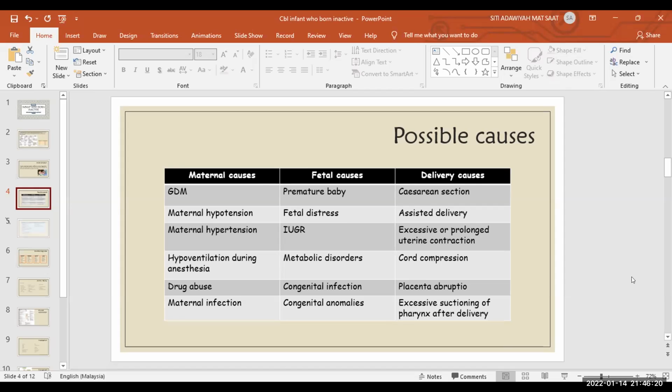And mothers who use drugs and have infection during the pregnancy can also affect the condition of the baby